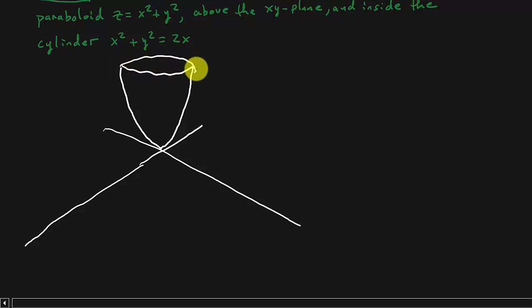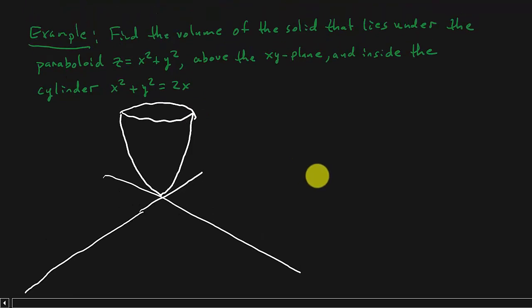There's my paraboloid. So it's under this paraboloid and above the xy plane and inside this cylinder. So where is that cylinder? Well, I've got x squared plus y squared